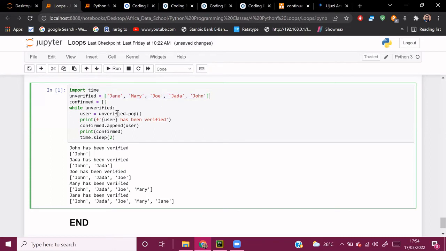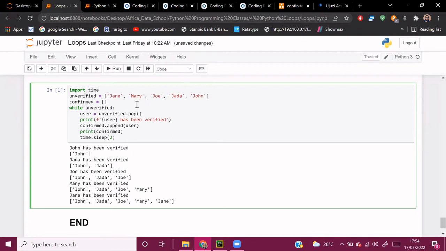We can use different flags here. Right now we're using unverified, and what this basically means is if this list is not empty, this will evaluate to true until the list becomes empty, then it will evaluate to false, and